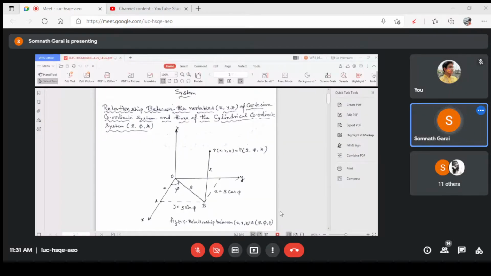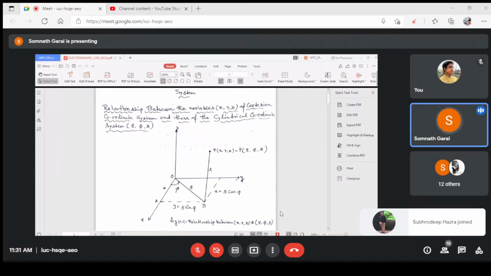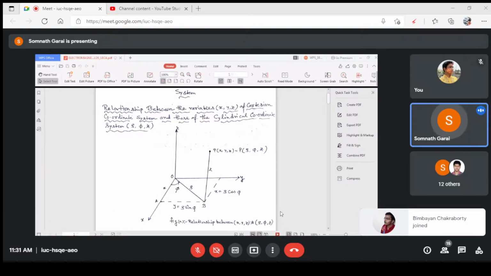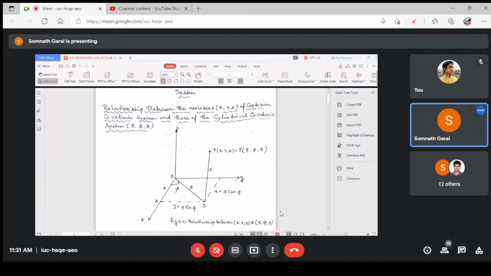phi, z. And in the spherical coordinate system there are also three different axes, r, theta and phi, right? So these are the three different coordinate systems. Okay, now you have to determine the interrelationship between the variables of the coordinate system x, y, z and the